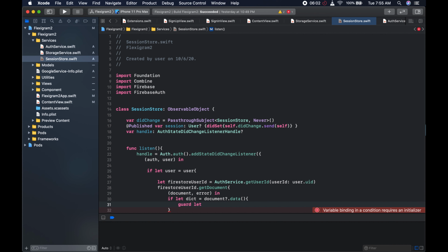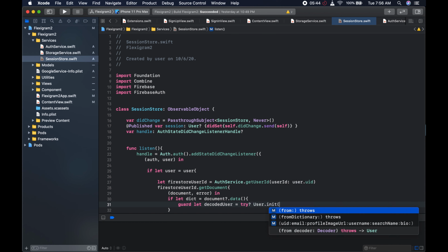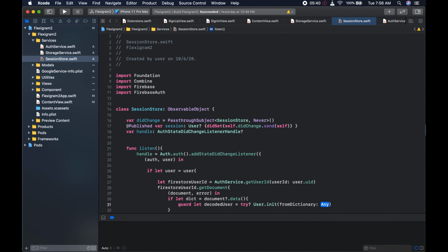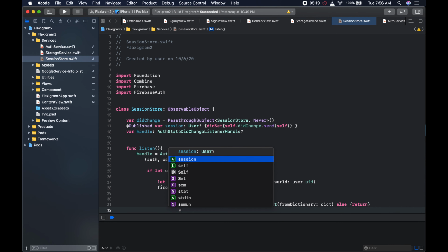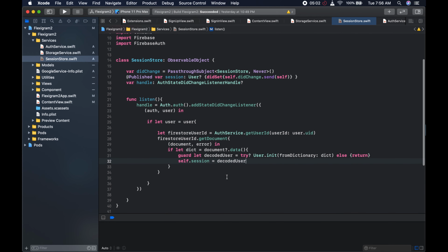Yeah, so we could say guard let decoded user, and we're going to try user dot init, and we're going to use the from dictionary, and here we're going to pass in the dict that we just made here, so that it converts it into a user model. Else we're going to return here like so, and after that we're going to say self dot session, and this is just going to be decoded user, yeah, like that. And we're going to come to the end of this here,